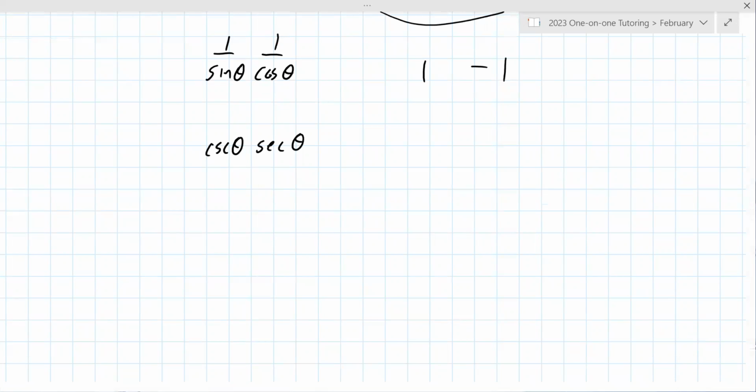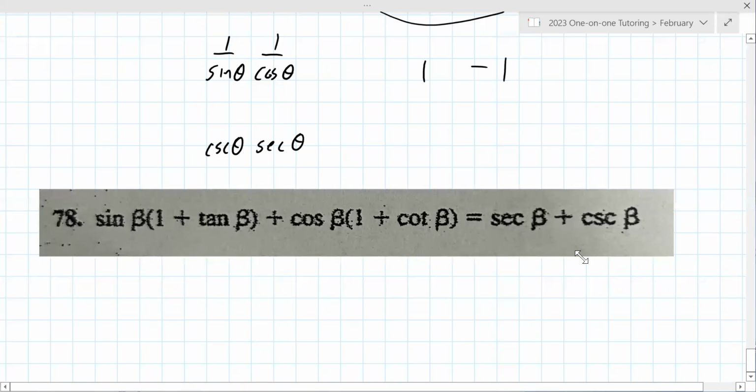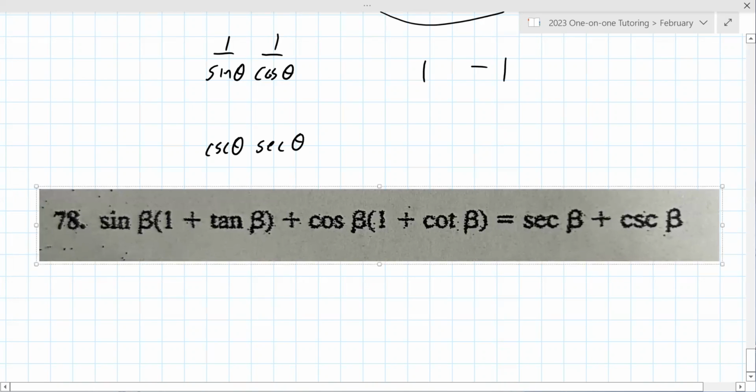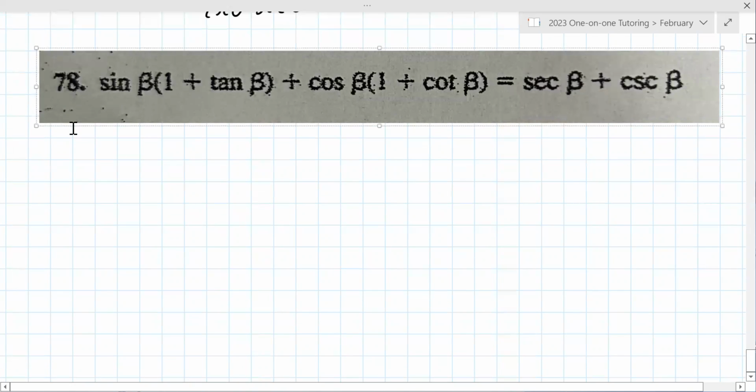All right, 78 is probably the one we have not done. Hopefully this doesn't take the full 10 minutes, but it might. Sometimes they're deceptive, like they don't look like they're going to do that, but